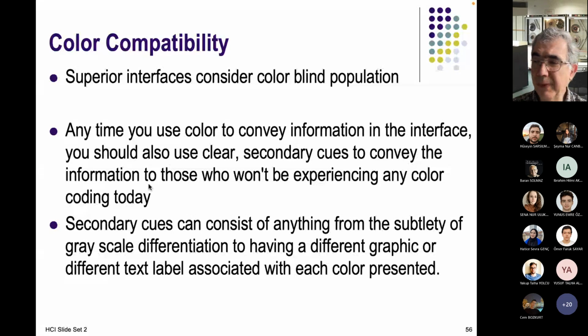So, first of all, when designing the interfaces, we should consider colorblind population. Whenever we use color to convey information to the interface, we should use clear secondary cues. So in addition to color information, there will be wording, shapes, positioning, and other secondary cues, so that if you don't get the color, then you will still be able to use it. Not only for